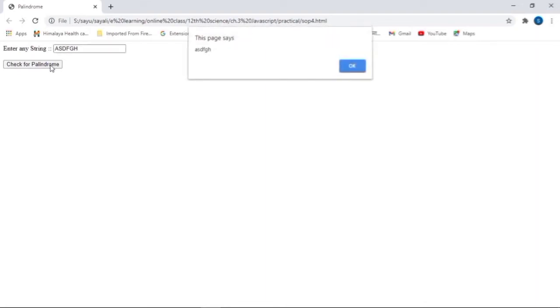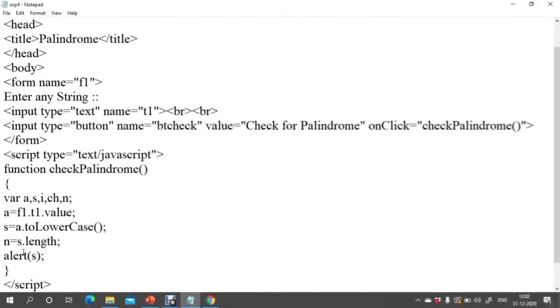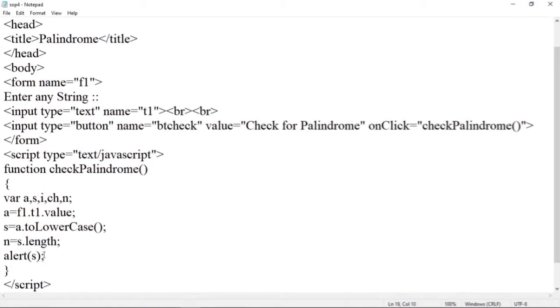Then click on the check palindrome button, and here you can check this entered string was in capitalized form and we have converted it to lowercase form. How many characters are there within this? 6 characters are there. So we can find out the length of it using this s.length.